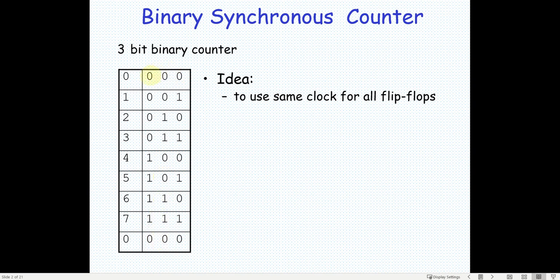Now coming to this. When is the change happening? The change is happening here from 0 to 1. And what is the condition there? When both of them are 1, the LSB and the middle one. Similarly, it is changing from here to here. When will it change? When both are 1 here. So that is the condition. Is it okay?